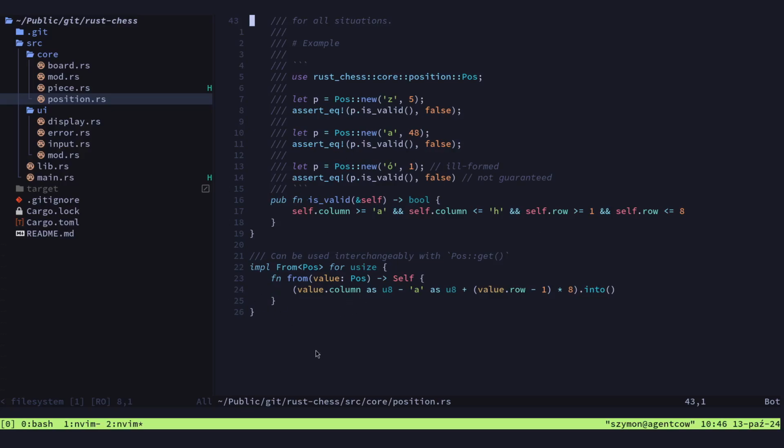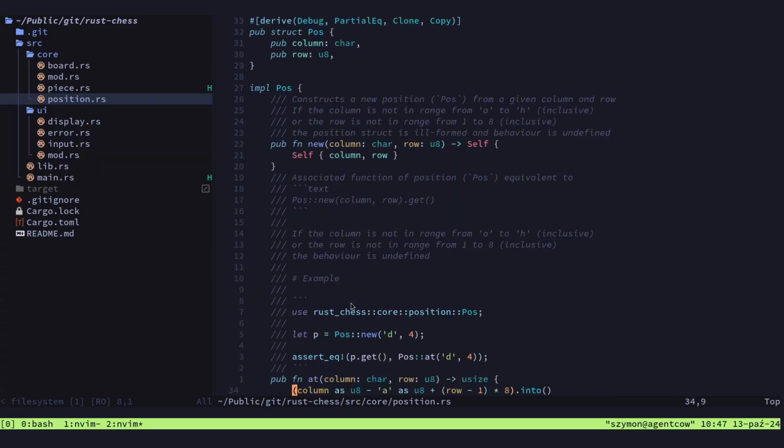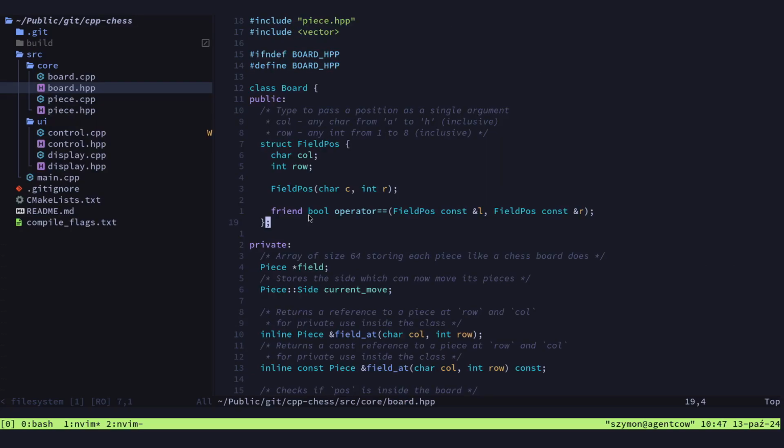And another thing, in Rust you don't really have the same way of indexing, which is quite bad, so I had to implement a conversion from pos to usize, and this is here. So from position to usize. But that's a minor difference